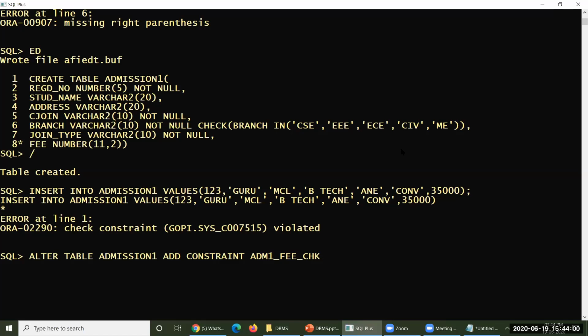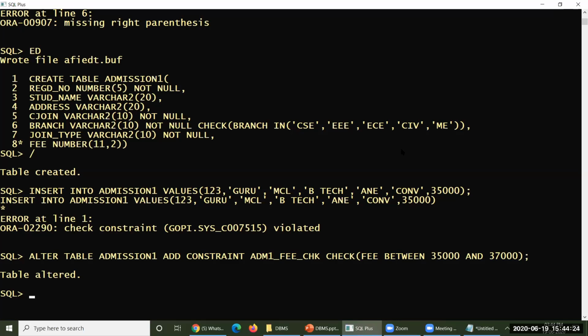Then what you are trying to do is check whether fee is between 35,000 and 37,000, whether it is in between these two or not.